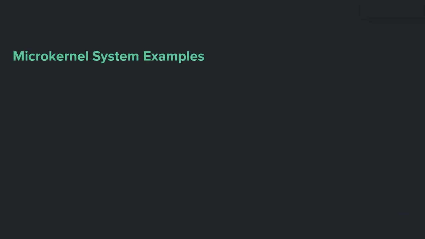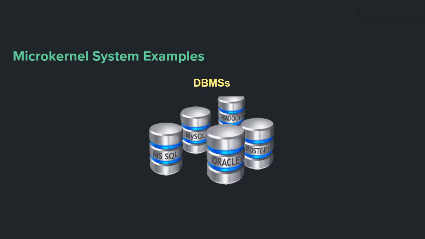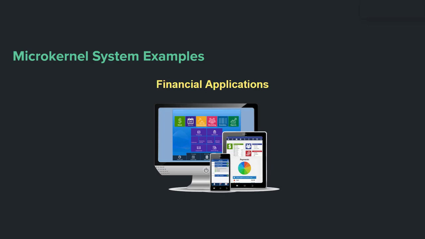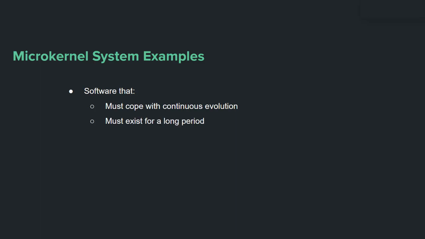Alright, we've already mentioned examples of systems built using this approach. Operating systems, which are the birthplace of this architectural pattern. Another example are databases and financial applications, as we've explained earlier. Also, there are quite a few types of software systems that are good candidates for this pattern, such as IDEs, text editors, as well as web browsers. The microkernel pattern is generally the default solution for applications and platforms that must cope with continuous hardware and software evolution. For this reason, we don't see a large number of existing operating systems. Systems built using this pattern are designed to last for long and adapt quickly to keep up with the fast